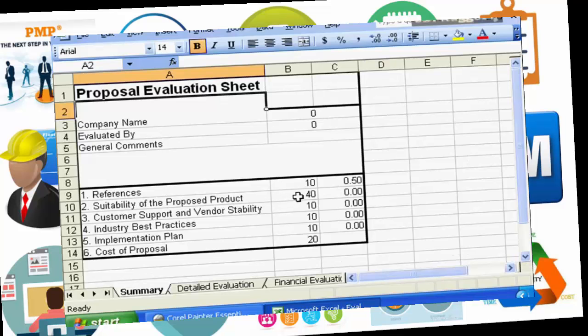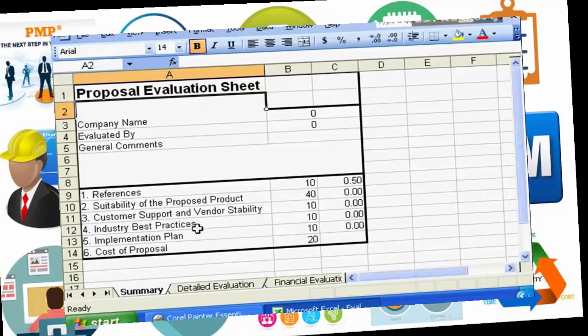Suitability of proposed project is going to rank a 40. Customer support and vendor stability gives an overall scale of 10. Industry best practices gives an overall scale of 10, and so on. So this is a very detailed proposal evaluation sheet that I have used that allows you to evaluate each and every component of the proposal, evaluate each and every answer on the proposal against your requirements to ensure that you